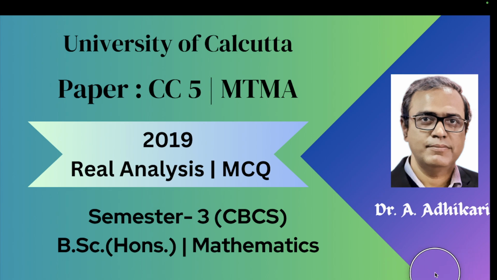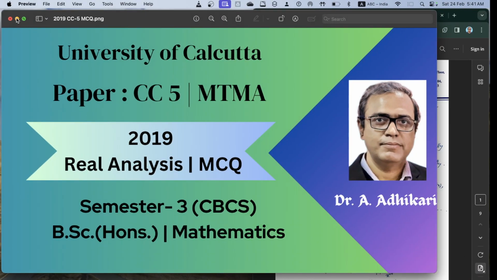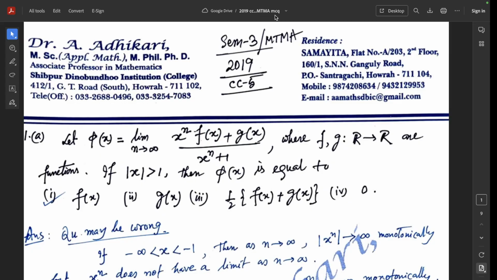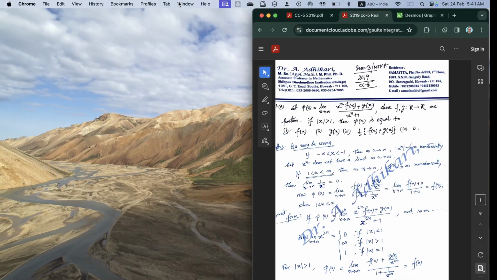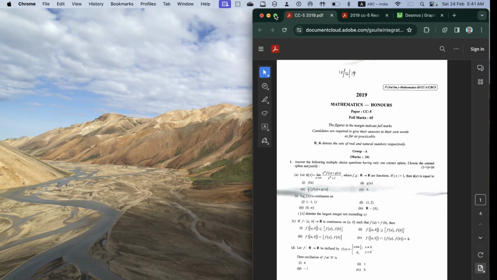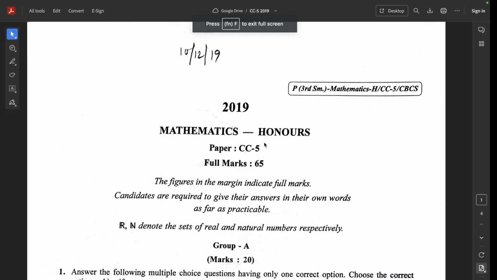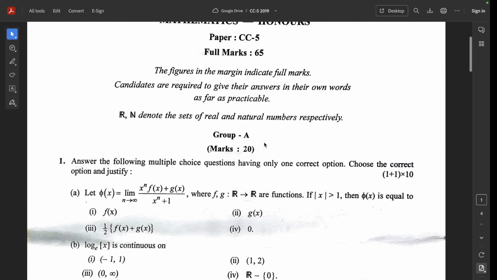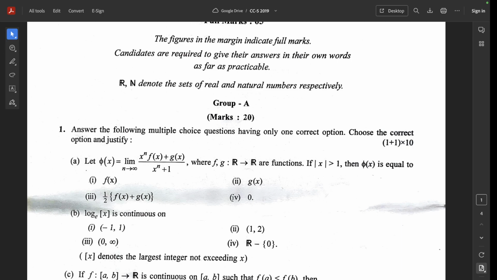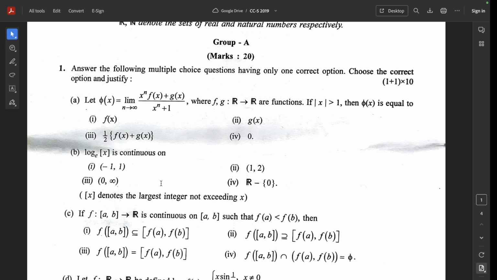Now we discuss multiple choice questions of the paper CC-5 Mathematics Honors, University of Calcutta, 2019. In the question paper 2019, CC-5 paper Group A, question 1A: let phi x equal to limit n tends to infinity